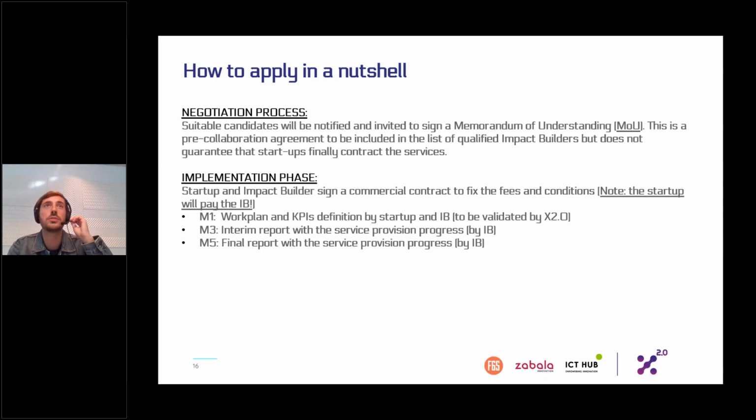We do this to verify that all parties in the service delivery phase are working okay, so that everyone is taking control over their obligations.